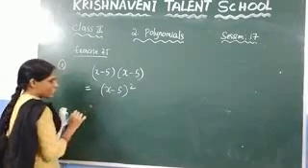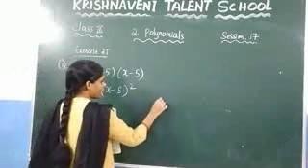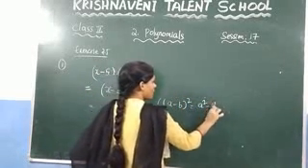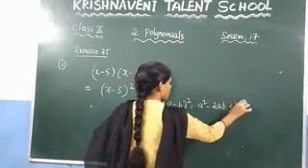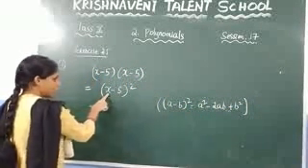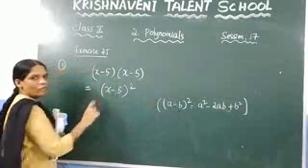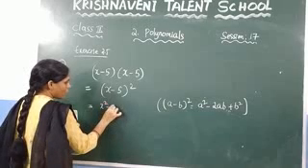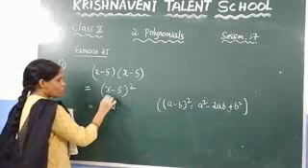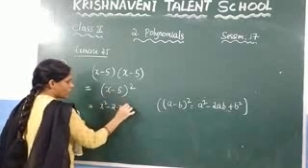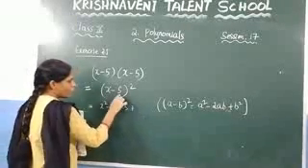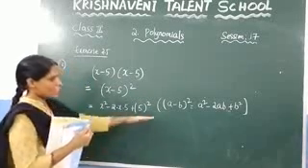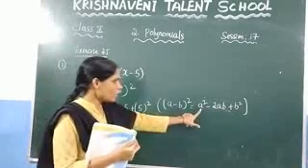It is in the form of (a − b) whole square. I am writing here directly. The formula for (a − b)² is a² − 2ab + b². So in the place of a, what is there? x. In the place of b, what is there? 5. So just substitute, which is nothing but a² means x², minus 2ab. What is the value of a here? x. And the value of b is 5, plus b². What is the value of b here? 5, so 5 square.